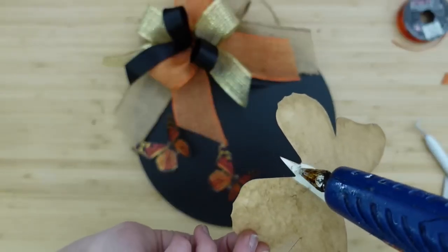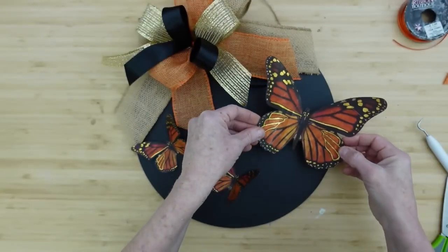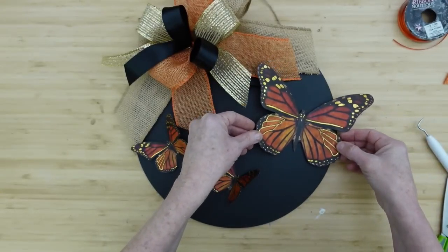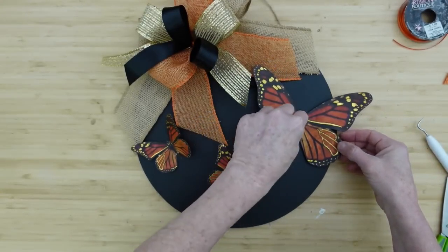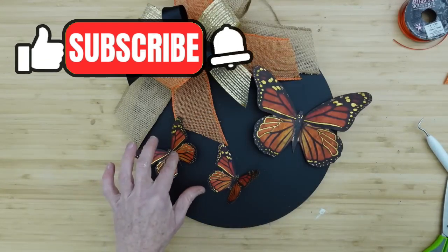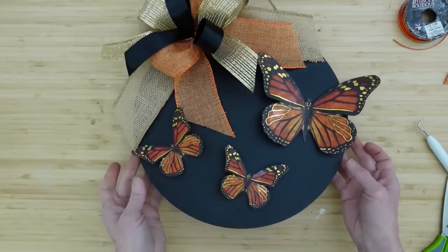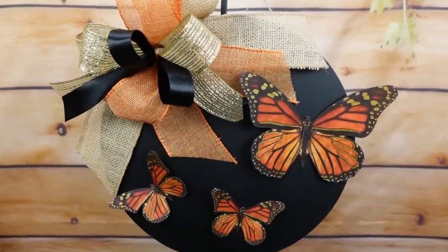And you can have them, like I said, you can bend them up more or you can lay them flat. This just gives more dimension, and I like the idea of having an overlap on the side slightly. It almost looks like they were flying around and just landed right down on there. Maybe they thought that bow was a beautiful flower. Who knows? I love this